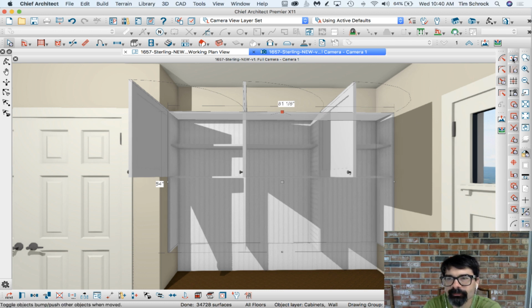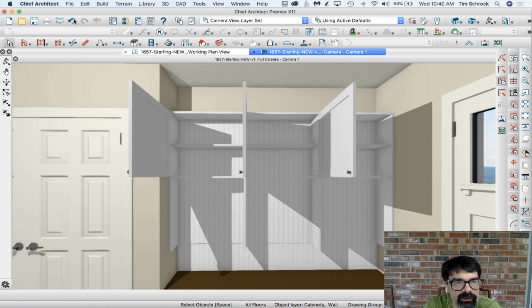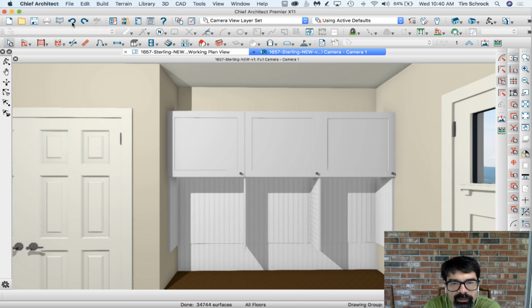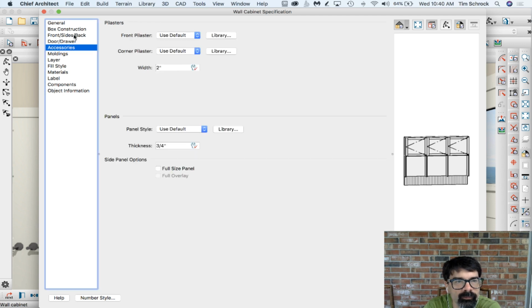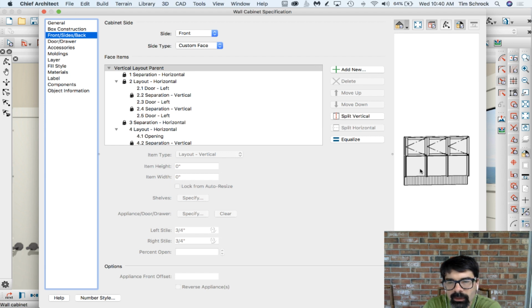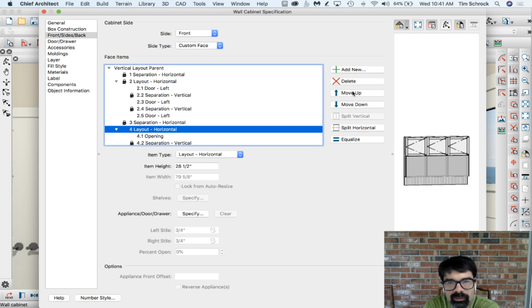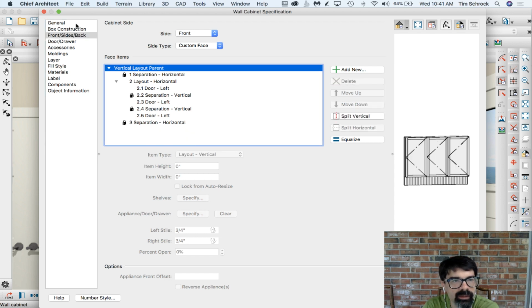So I don't really like that option. The back of this cabinet is not a separate material to paint the material of the beadboard, so I don't like the option of doing that, unfortunately. So we're going to delete that and make this